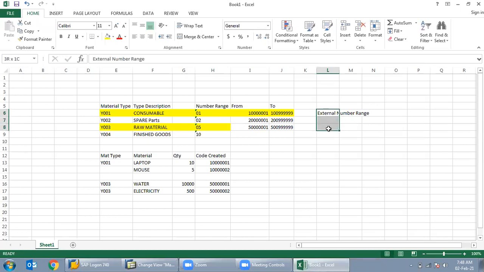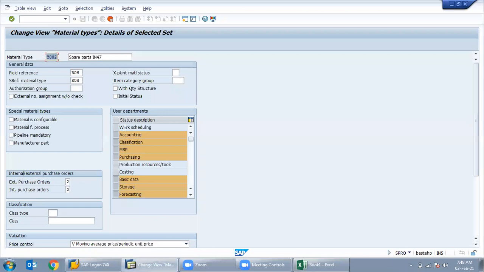The system will take the number entered by the end user. While mapping that number range to the material type, we can map an external number, and the system will accept whatever number you give. I will show you one material type, I will make it for external.